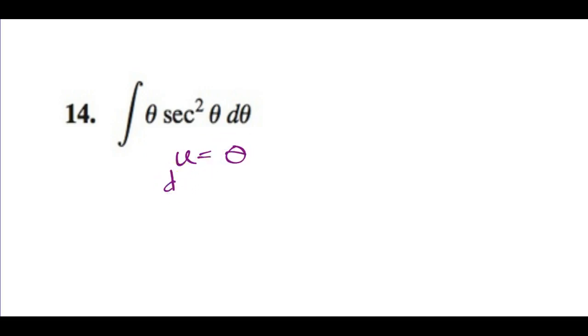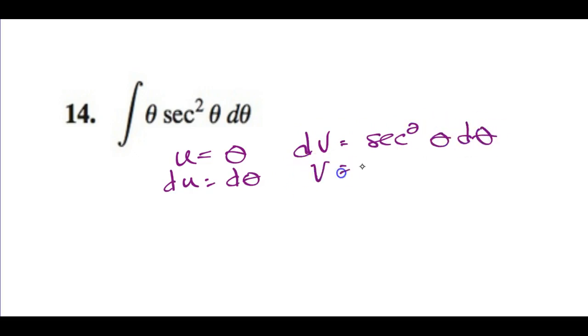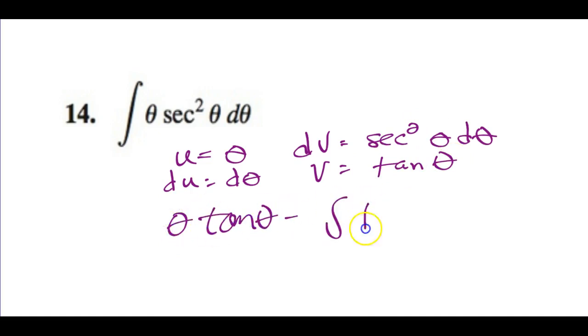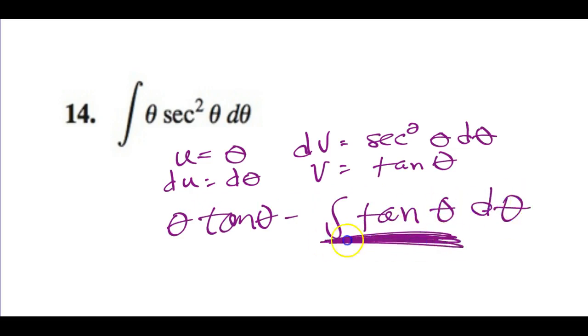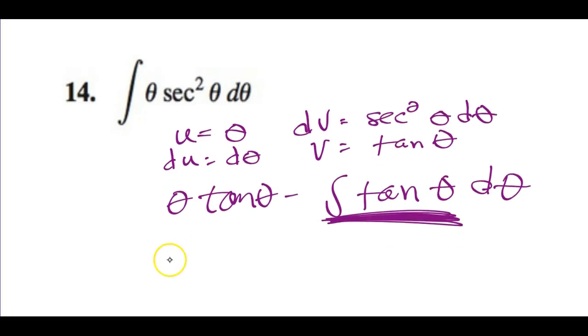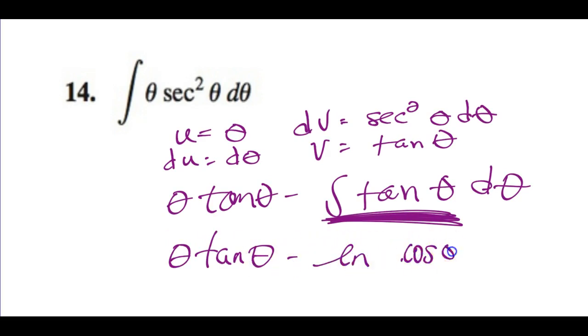Remember, if you're in terms of theta, then the derivative of theta would be d theta, and if dv is secant squared, this is where I hope you know a little bit about the integral of secant squared is tangent theta, and so this is the uv minus the integral of v du. And then I don't know if you know the integral of tangent, but I'm going to be providing a cheat sheet for you, so you could look that up. But maybe you have that memorized. That's the natural log of the cosine